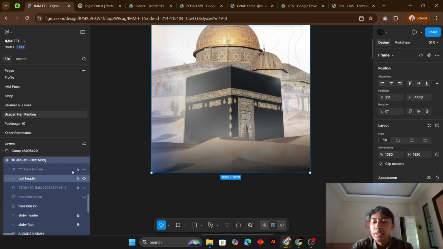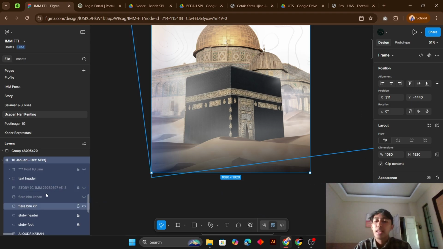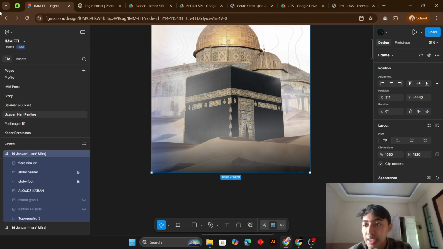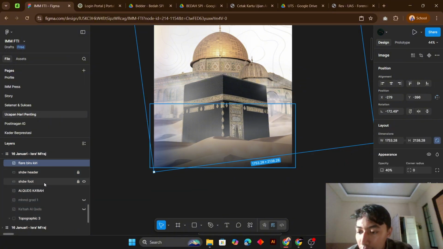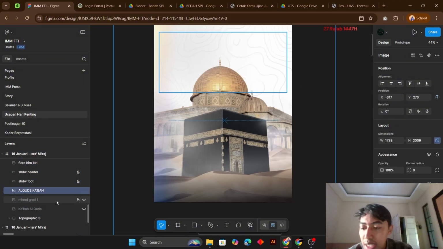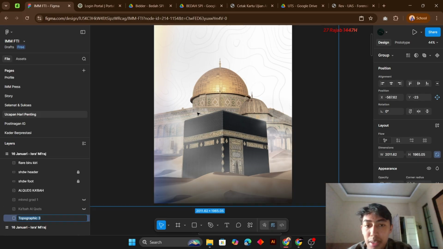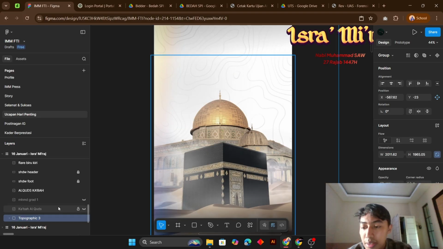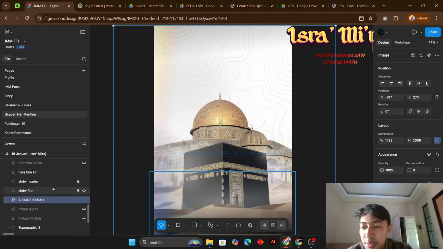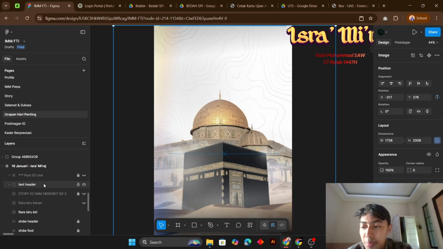You can look in the left navigation. This is everything, every element we have in the design. This is the pattern in the design layer, and we have every layer in this design.